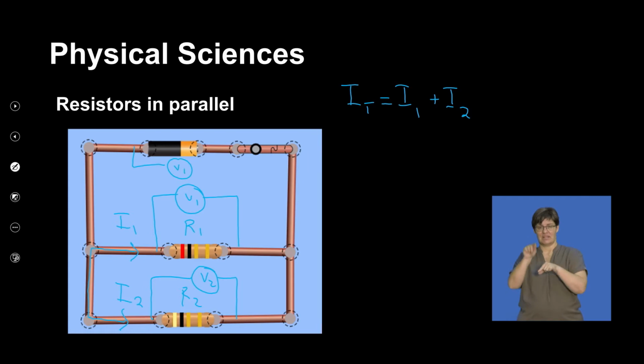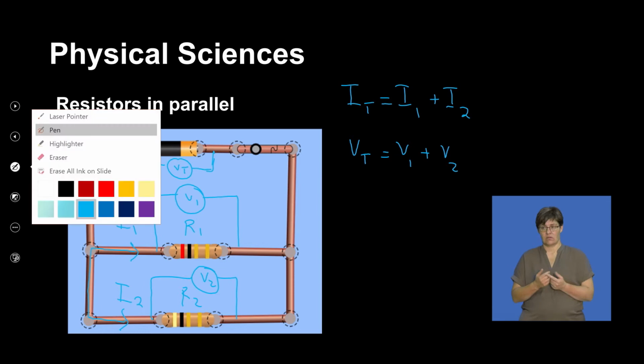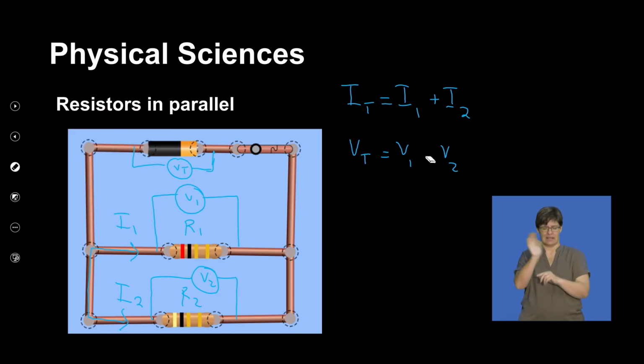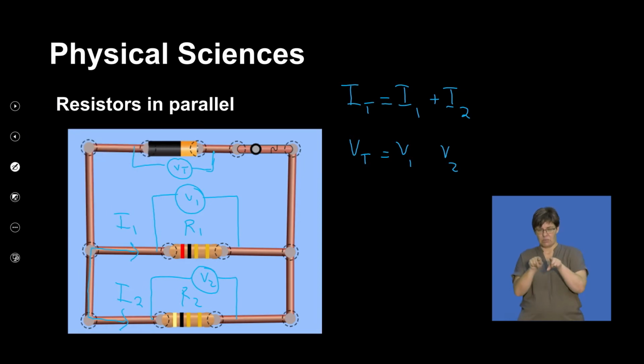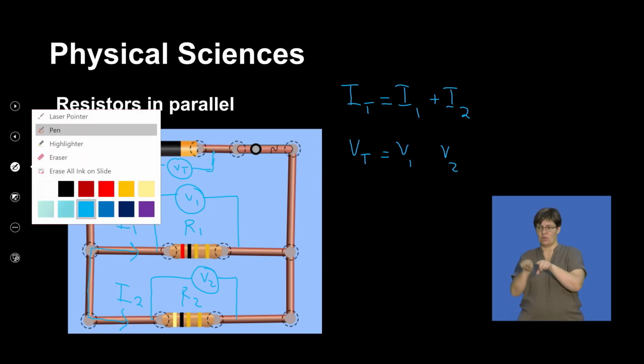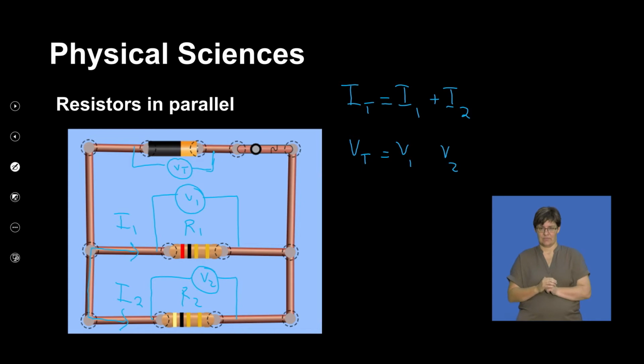Let's say this is the V total, which is the terminal potential difference. So we would say V total is equal to V1 plus V2, all right? Now, it is equal to, not plus, okay? So we're saying it's constant. If it's constant, it means the amount of voltage across any point in that circuit remains constant,